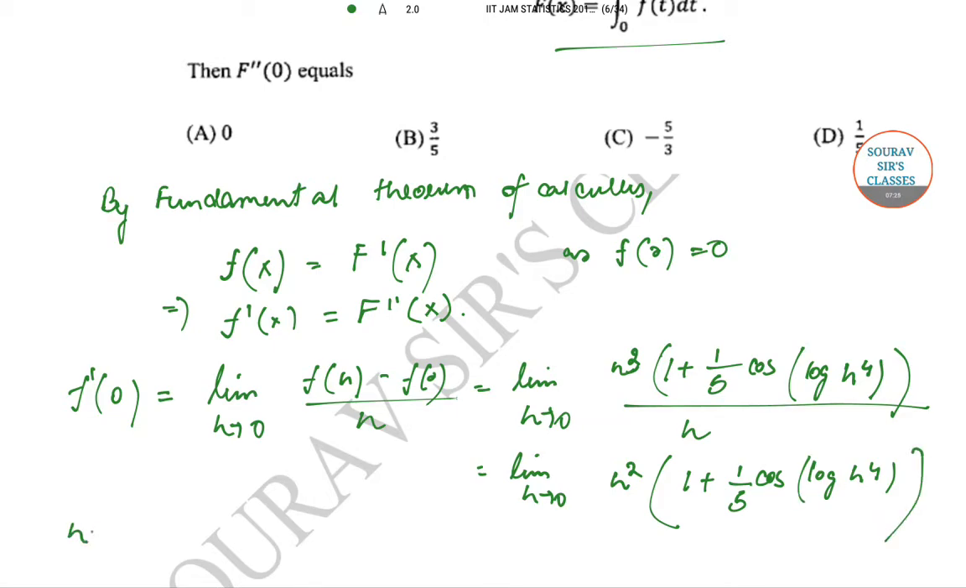Now, as h goes to 0, h to the 4 goes to 0, which implies log h to the 4 goes to minus infinity, and we know that the modulus of cos of log h to the power 4 is less than or equal to 1,